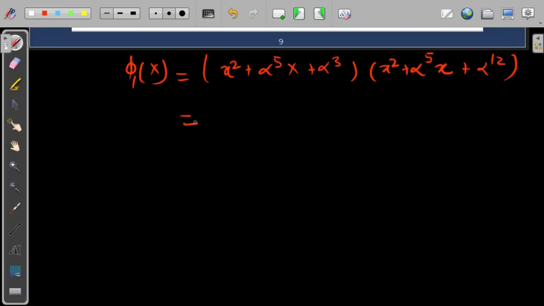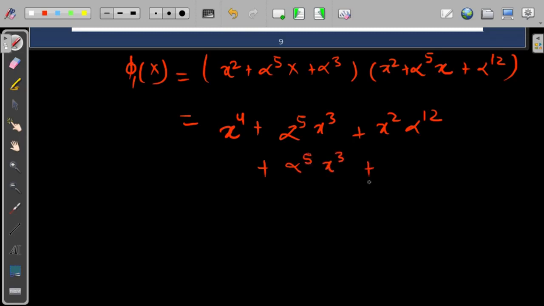So this is going to be x to the power 4 plus alpha to the power 5 x cube plus x square alpha to the power 12, and then we are going to multiply with alpha to the power 5 x in the second polynomial, and you will be getting alpha to the power 5 x cube plus alpha to the power 10 x square plus, here again I'm going to get alpha to the power